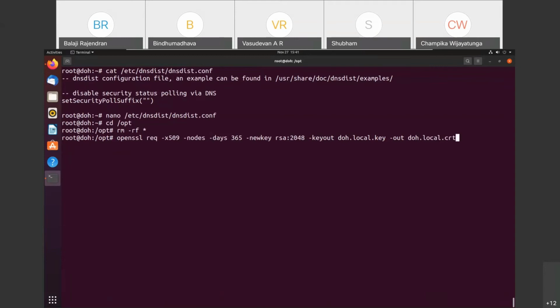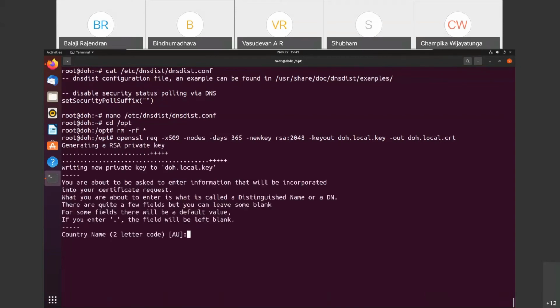Of course, it is a self-signed certificate, and if you are deploying in a production environment, you should get a valid TLS certificate from any CA, or you can even get it free from Let's Encrypt or ZeroSSL. So it will be generating an RSA key pair. Some information will be required, like country name, state, and so on.